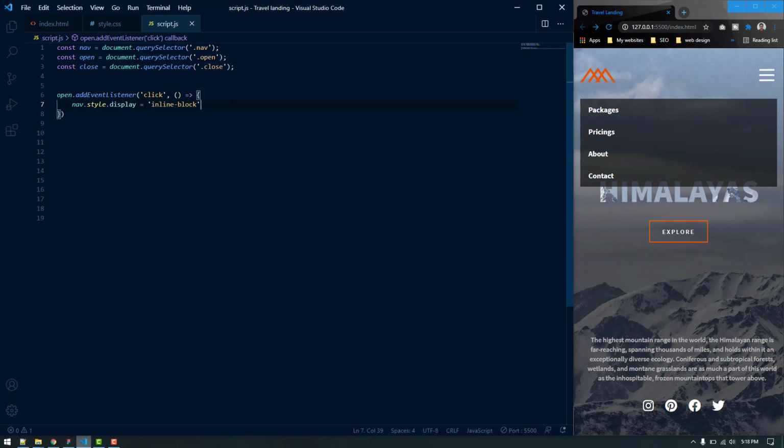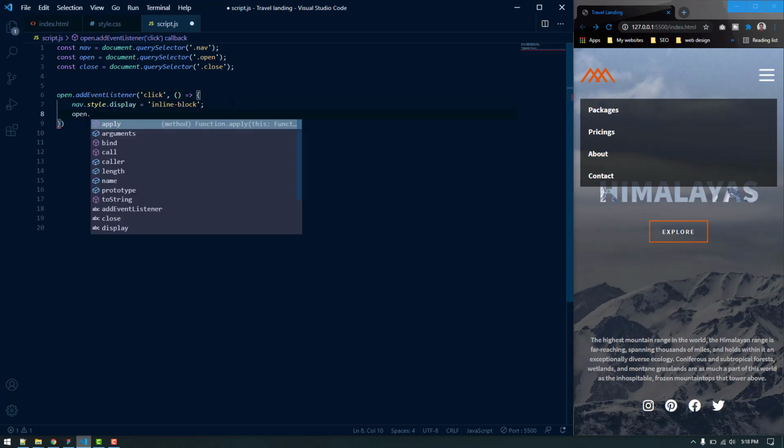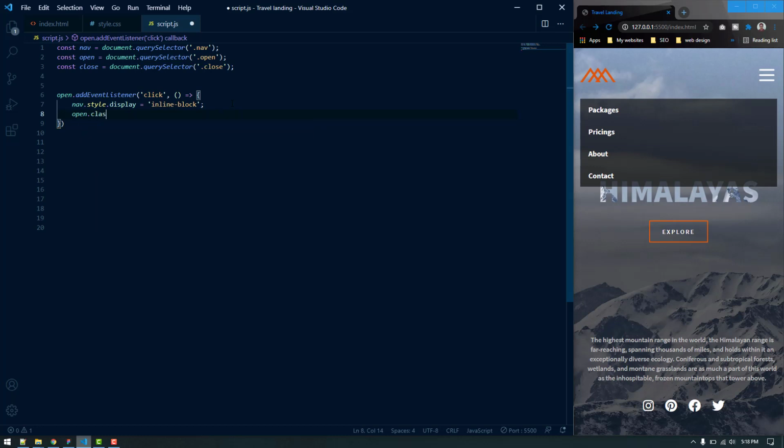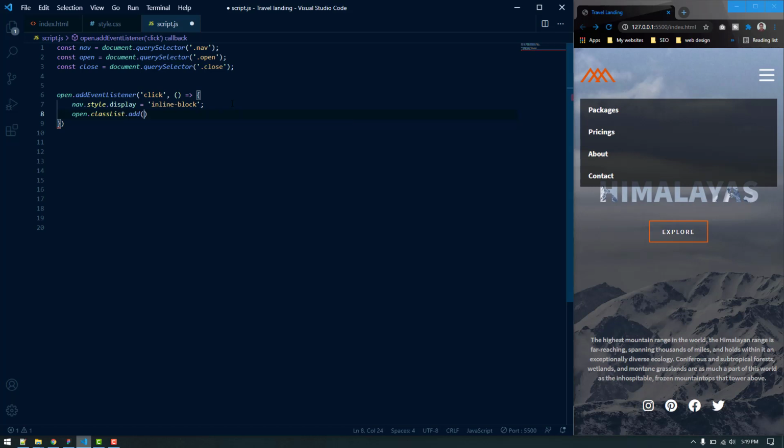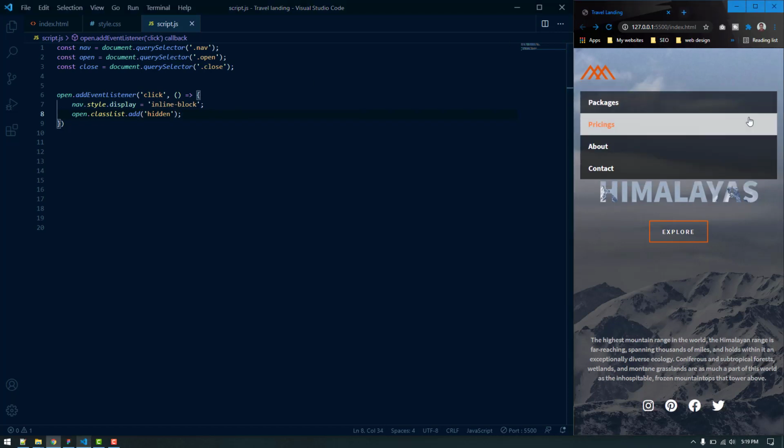That's why we have this hidden class. So let's get the open, and we got the classList. Now we want to add the class of hidden. So add the class name hidden. Let's save. When I click on that, it hides and it displays.